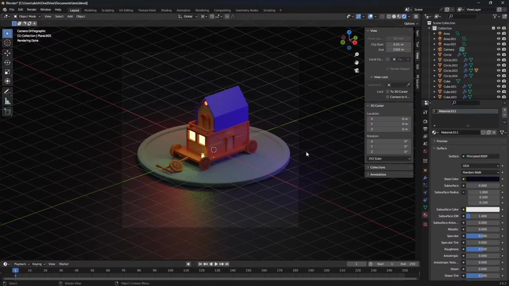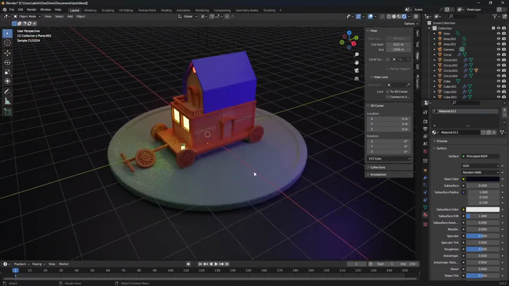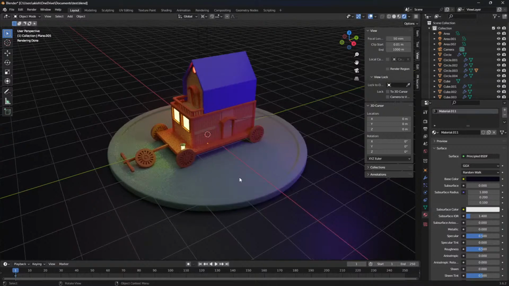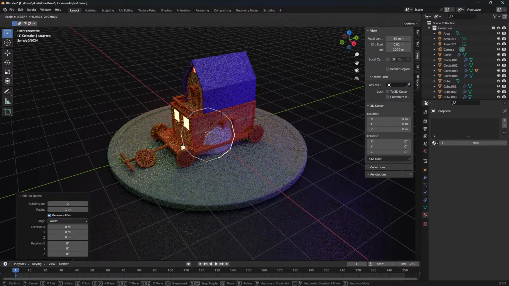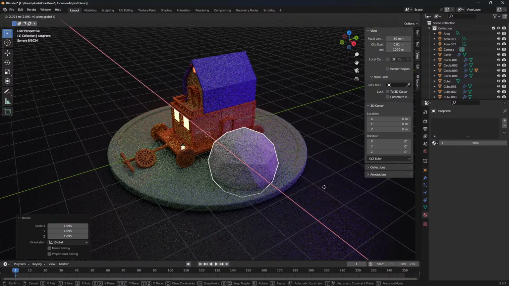So let's uncheck these and come over here. Let's fill our scene, guys. It's kind of empty currently. And let's add an icosphere, scale, grab, x-axis,